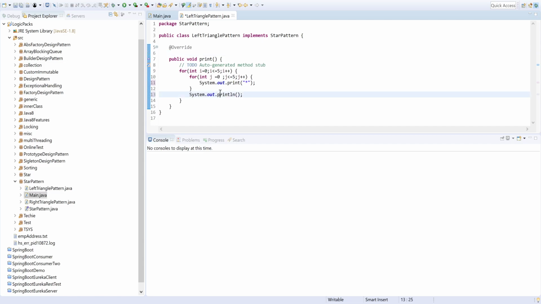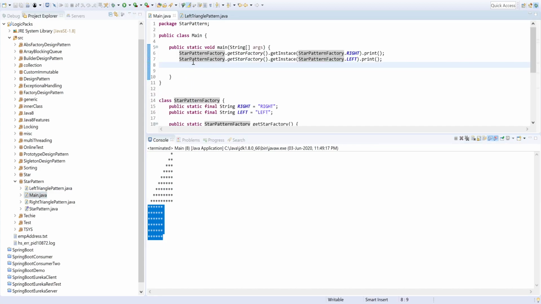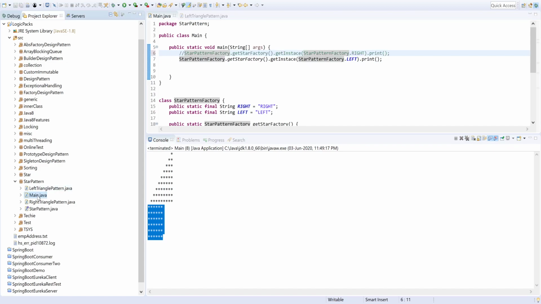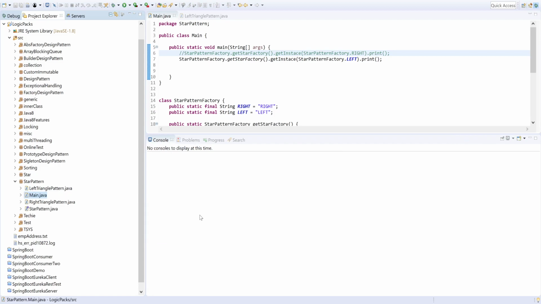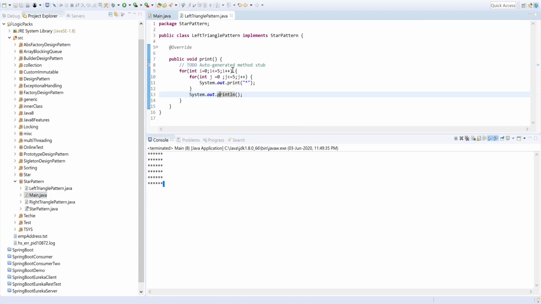So we would try to print it. Just go here, you can see that if I would comment it, here you can see, here you can increase the size as per your choice.